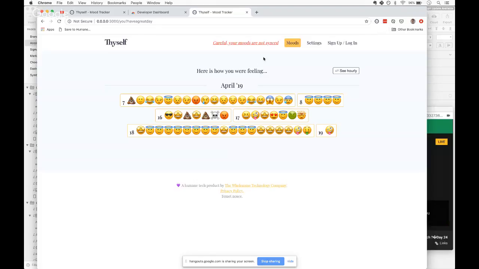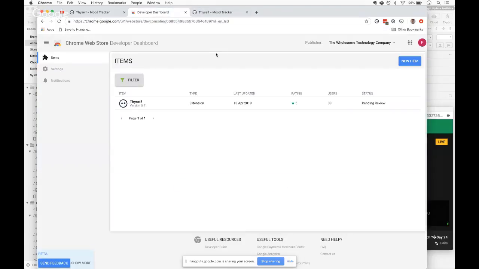Additionally, there will be an update to this icon here. If you have moods that are not synced, then there'll be a little red dot at the bottom right here. But as I can show you here, because of some permissions that I've got set up within the manifest of the Chrome extension, it's going through a review process again. That might take like 3 or 4 days. It took a while last time, and it's a bit too long if I'm putting out new features regularly, daily.